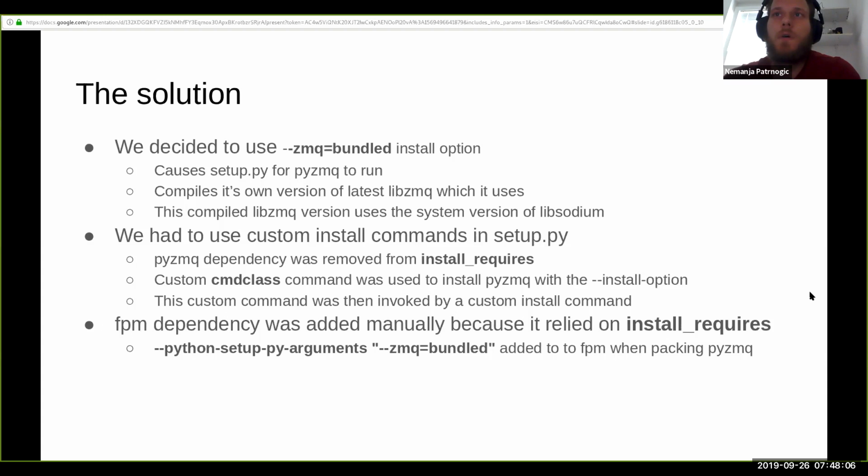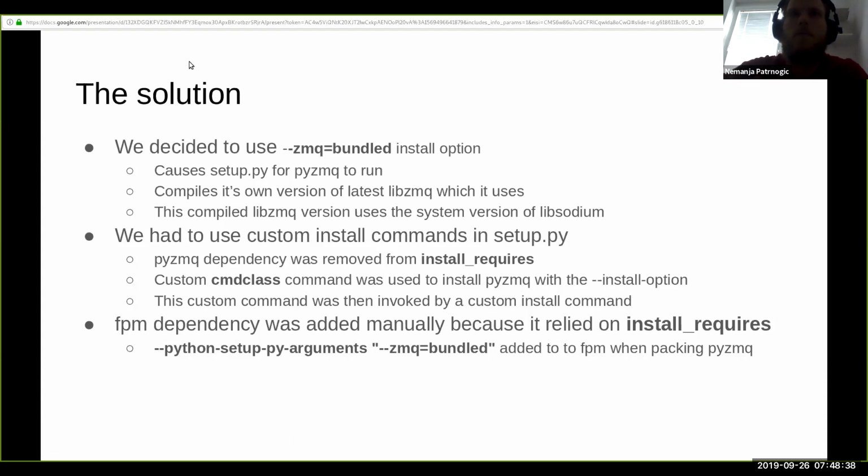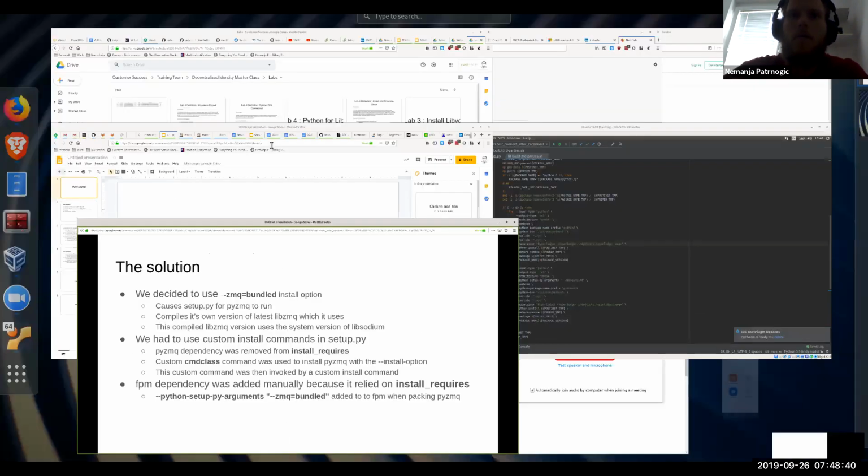We kind of managed to do a setup.py install. We removed the requirement from install that requires custom commands, which will allow us to install it with an install option and then install all other packages. And we made FPM work by manually adding the dependency from install requires, using the Python setup.py arguments option when invoking FPM. So how that looks right now is we have setup.py, which has its setup file, but we have